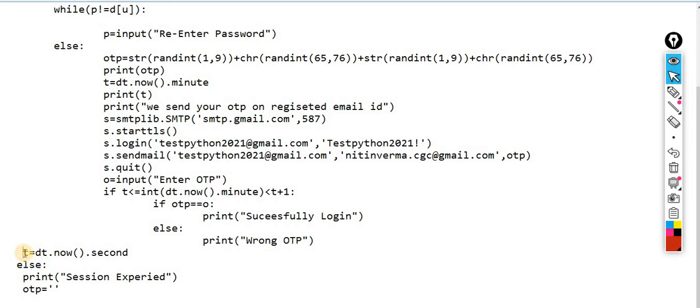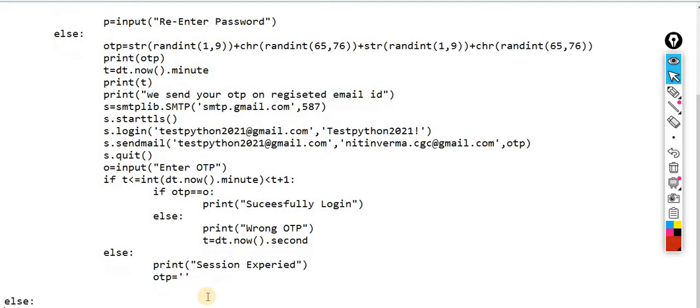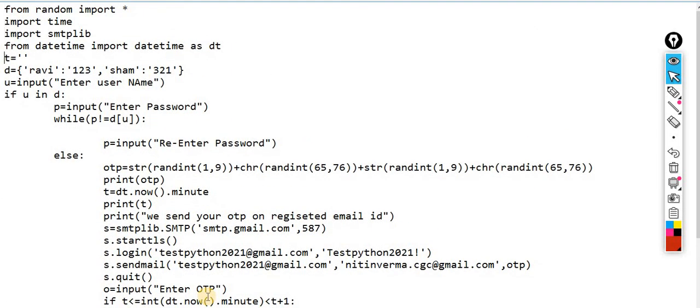If this condition is false, then it will say the session has been expired, and the OTP becomes null for the next reference. This else is associated with this if.